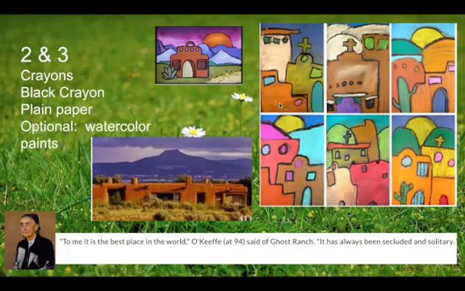Today we're going to learn about artist Georgia O'Keeffe. Georgia was an artist that grew up in Sun Prairie, Wisconsin. She spent a lot of time outdoors, and she knew early on that she wanted to be an artist when she grew up. She moved around a little bit during her lifetime, spending some time in New York and also